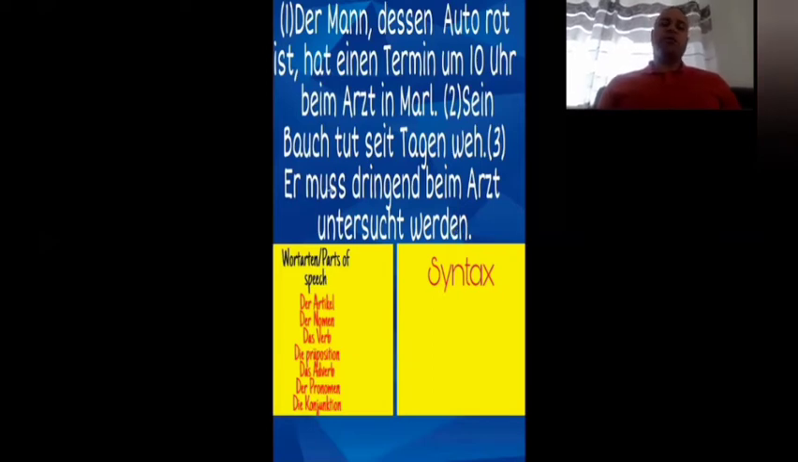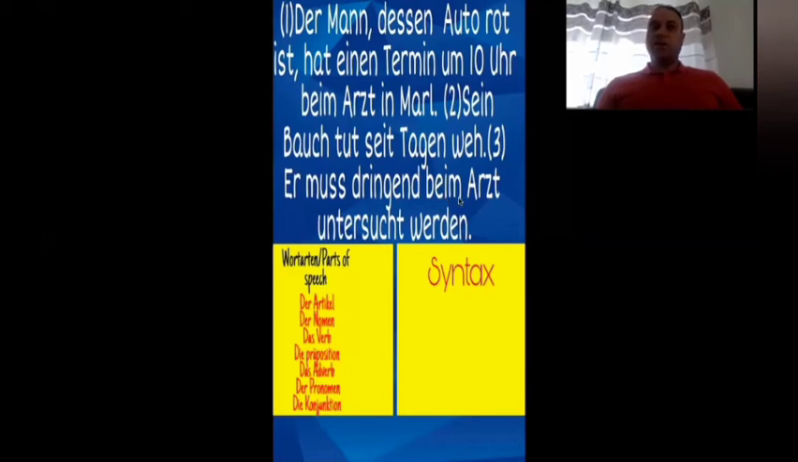grammatical rules. For example, this is a main clause. Then we have a personal pronoun. We have "muss", which is a modal verb, as in any other language. Then we have "dringend", that is an adverb. "Beim Arzt", as I said before, we have here the preposition "by",